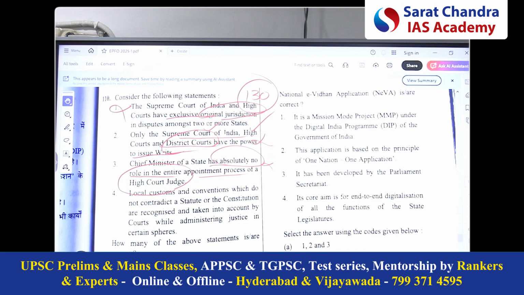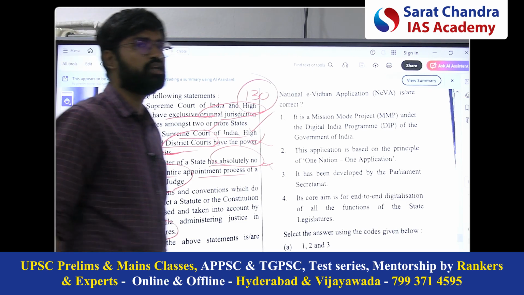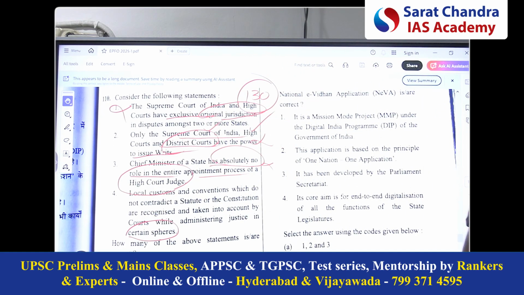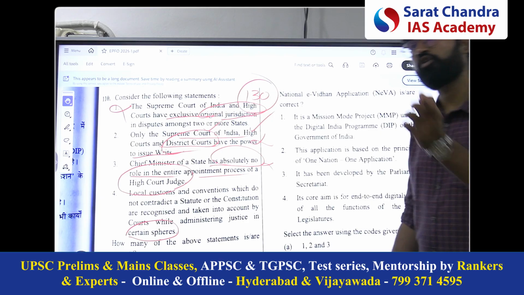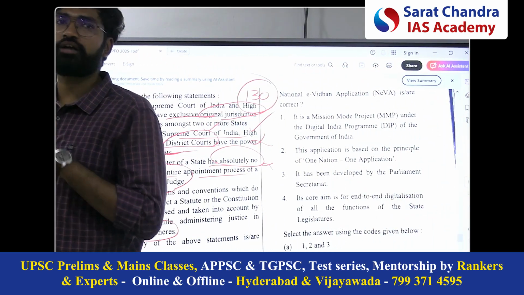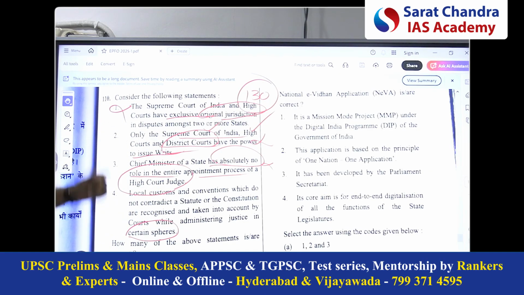Absolute ante they have a role according to the convention. Then local customs and conventions which do not contradict a statute or the constitution are recognized, taken into account by the courts while administrating justice in certain spheres. See, Article 13 mentions it. In Articles 12 and 13 they have mentioned that local customs and traditions are also the law. As also the law, if they contradict the fundamental rights, they can be null and void. And they mention it in Article 13. So here they are saying that if they do not contradict